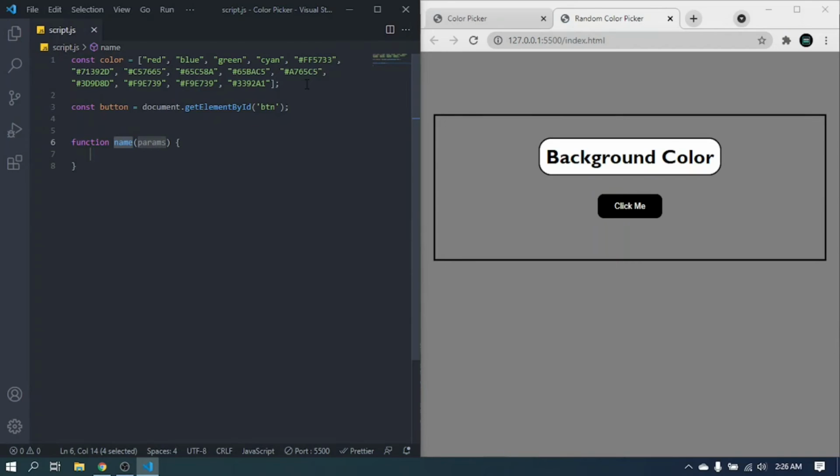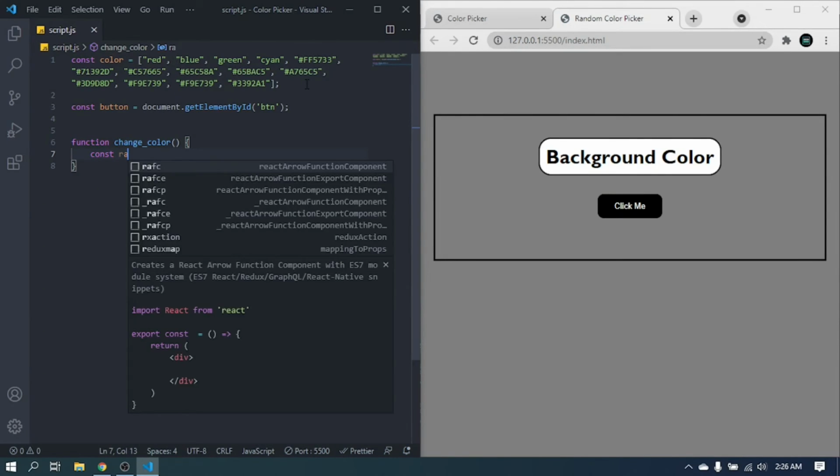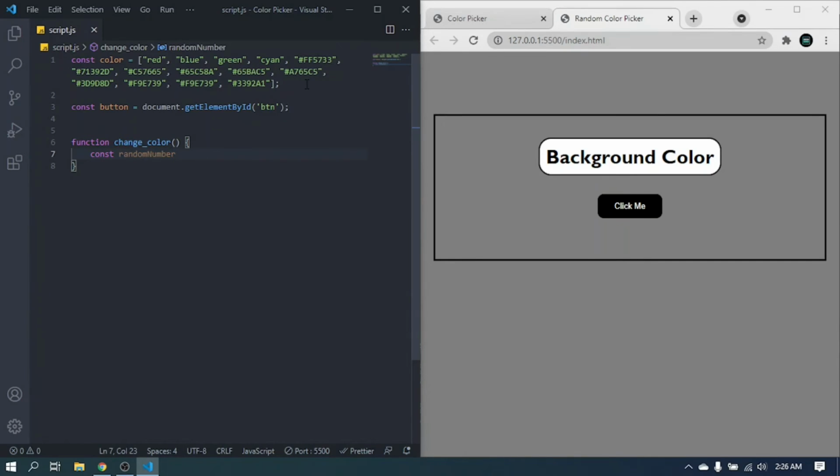and the function name will be change color, and it will pass no parameters, and in that function I will create a variable named random number. And I will get this random number from a function I will create as random number. So let's create a function for random number,